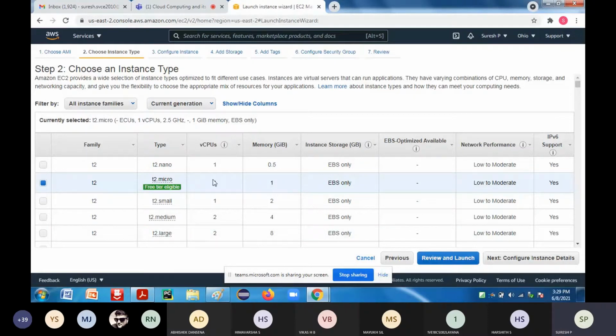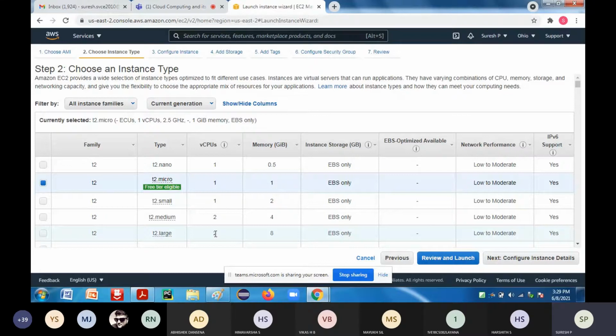Now you can see the virtual CPUs, how many are there. You can see that in this particular T2.micro, the number of CPUs is 1. If you take the T2 small, it is going to have 1 as well. If you take the T2 medium, in this particular instance, you are going to have 2 CPUs running in parallel. If you take the T2 large also, it is going to have 2 CPUs running in parallel.